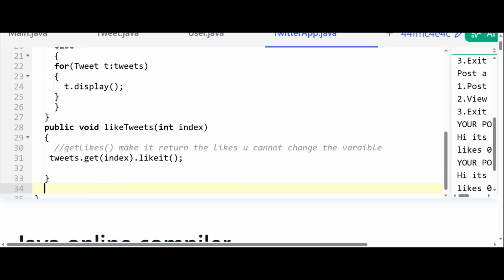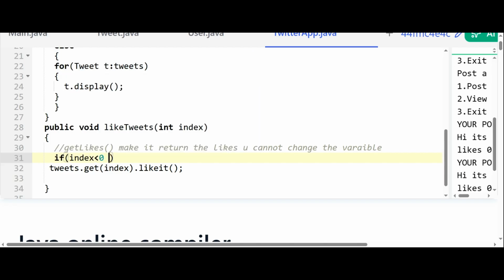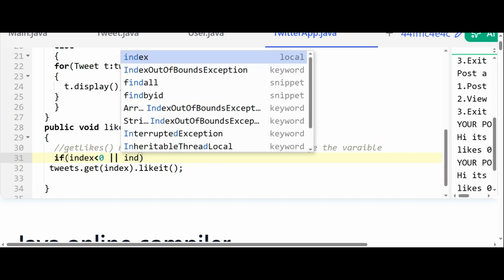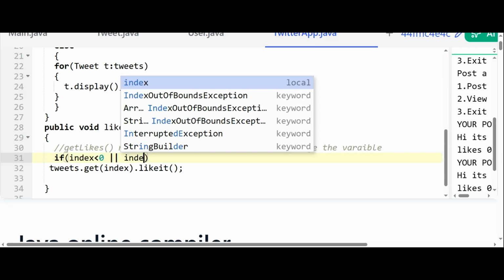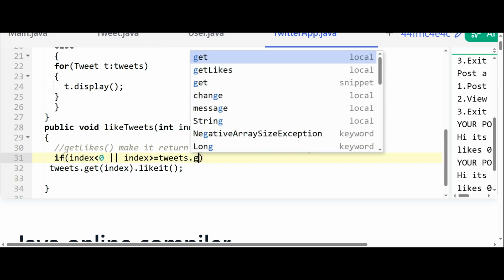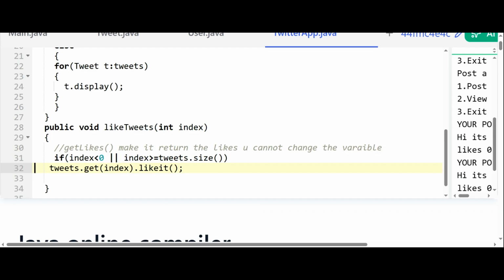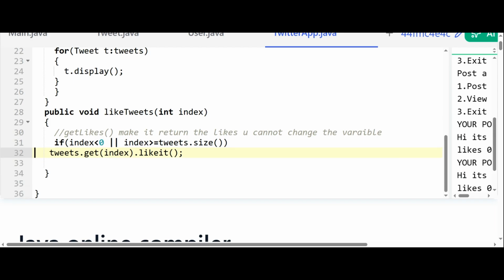Now also, people can enter index that are not valid. For example, they can enter a negative index, or the index can be greater than or equal to tweets dot size. Right, so